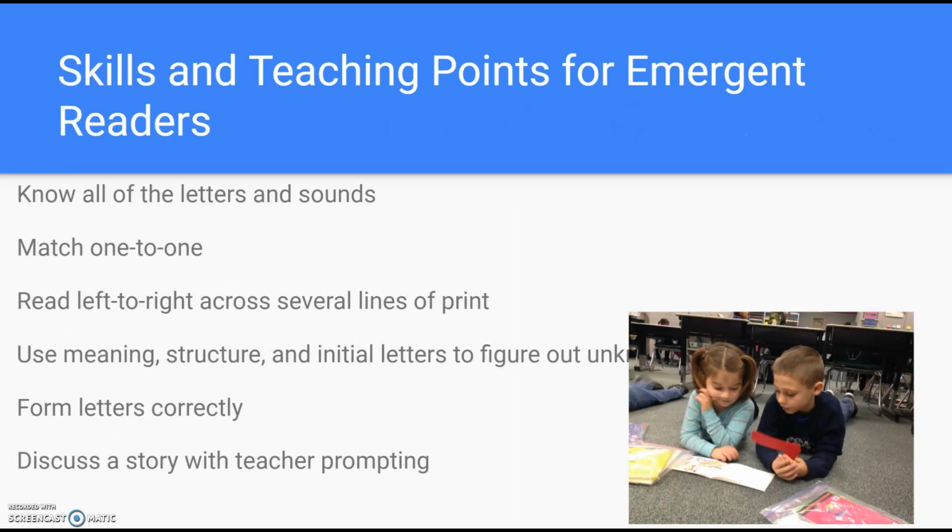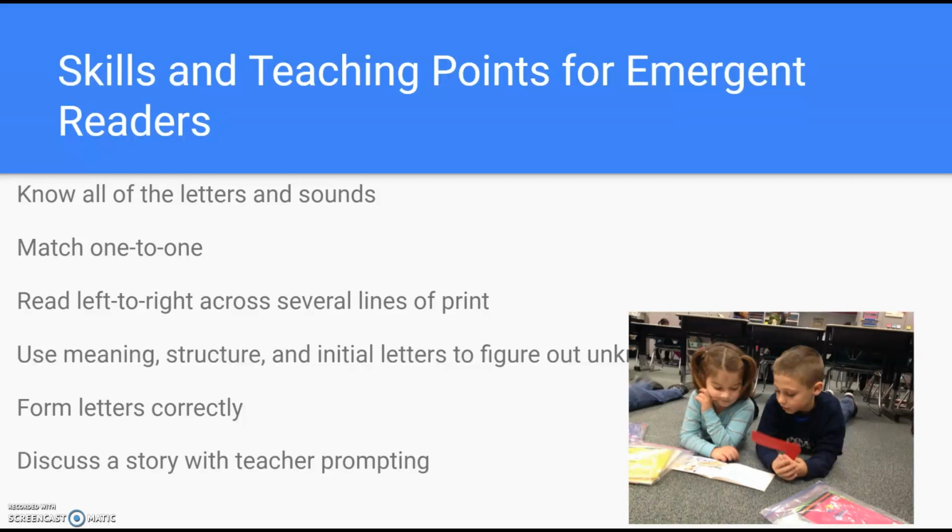Next, we have skills for emergent readers. Students at this stage typically read text levels A through C. By the time students read text level C, they should have the following skills. They should know all letters and sounds, match one-to-one, which is what they say matches what they point to as they read, control left to right